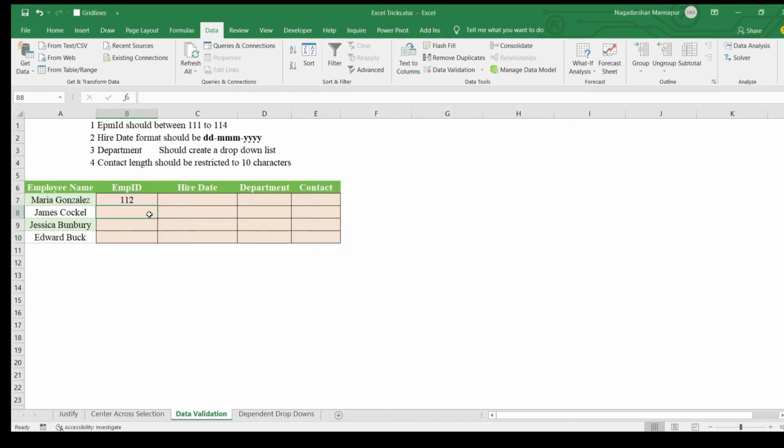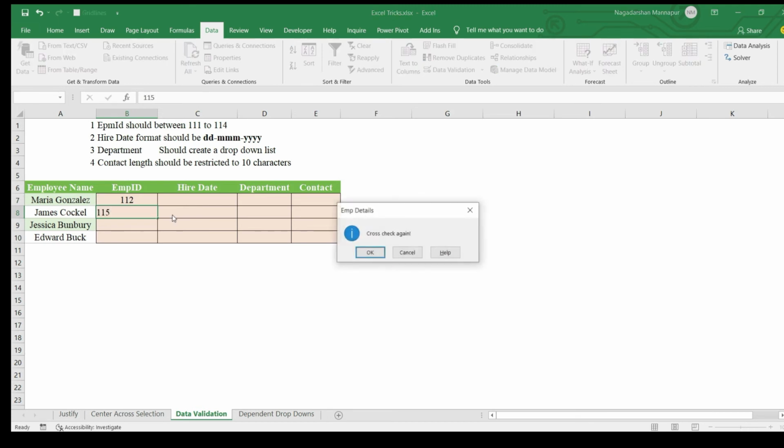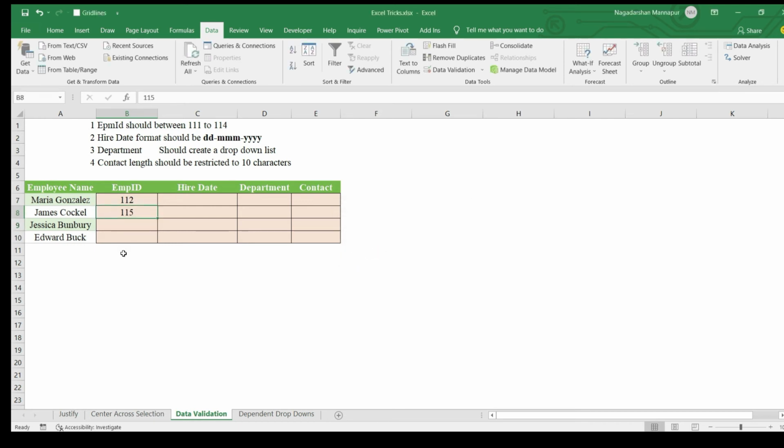Click on OK. If I update the wrong one, it will take one more confirmation. Still, if I'm OK, I'll just click on OK to accept that. It will accept. So just for rechecking, we need to utilize information or warning. I'm going to delete it. This is about the data validation.